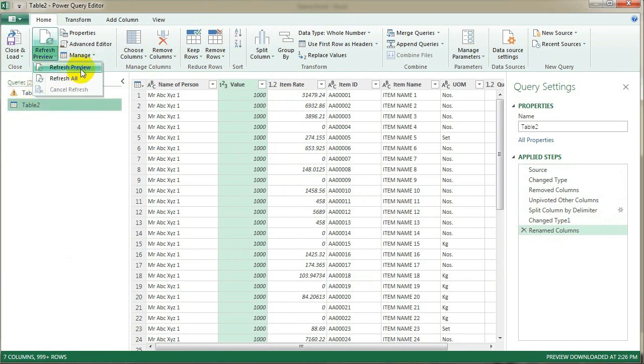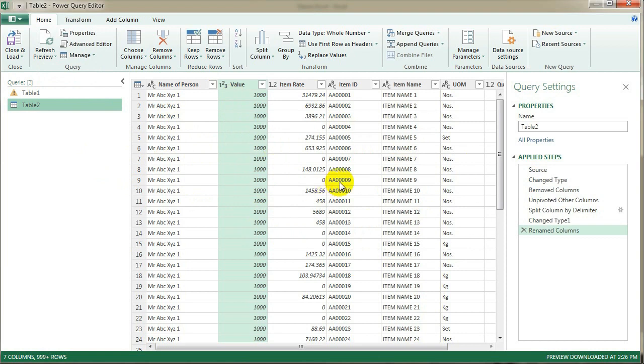You can use Refresh, and if there are multiple tables, you can select Refresh All. When you press Refresh All, Power Query automatically performs the tasks written over there. This is the advanced version of a macro. Power Query records the tasks in its metadata.